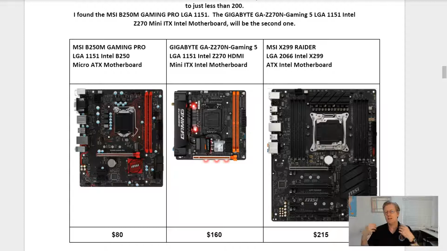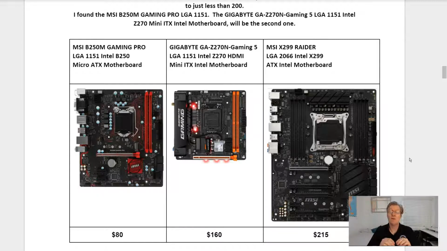So if you're looking at putting this into a small room or a room that has a small desk, or a place where you don't have much space left, this would be a good motherboard to use. That one goes for $160. Again, we have two slots for memory. You have one slot for your video card, and you do have an M.2 slot as well.